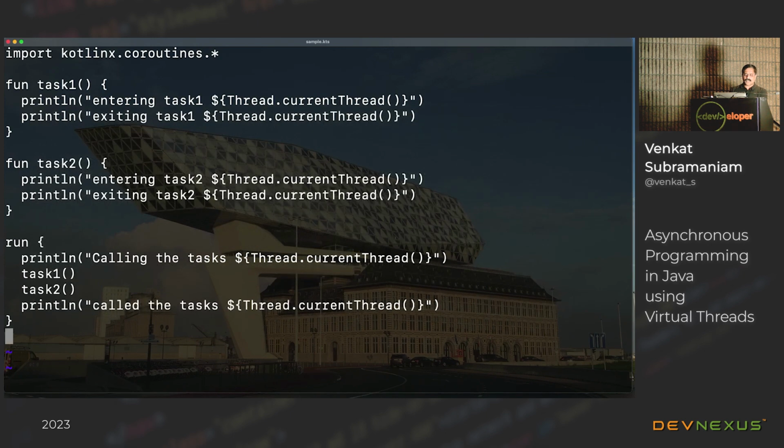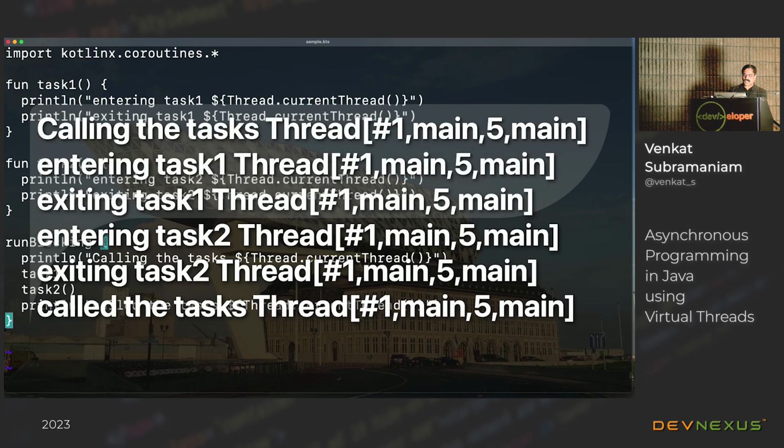And just to entertain this thought, I'm going to say, in this case, run blocking. So this is simply saying, call a coroutine. This is the parent coroutine. I want this coroutine to run and only exit when the child coroutines are completed. But of course, I haven't created a child coroutine yet, but I want to create it in just a minute.